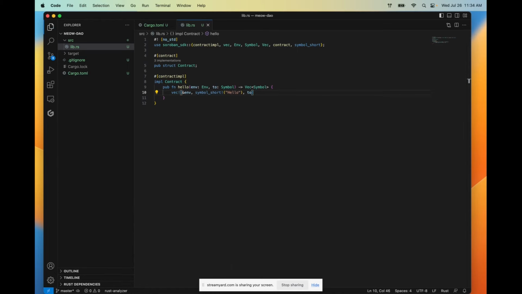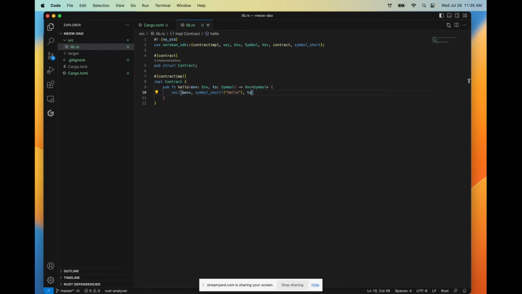So what we have here is a vector that gets returned, including three elements. The first, ampersand env. The ampersand in front of the env parameter is the reference operator in Rust. So we're essentially taking a reference to the env parameter that we included in our pub hello function. I will include some additional resources for more information about this reference operator, but that's all I'm going to say about it at the moment. The symbol_short exclamation point with our string is essentially a hard-coded string. So this is the thing that says hello.